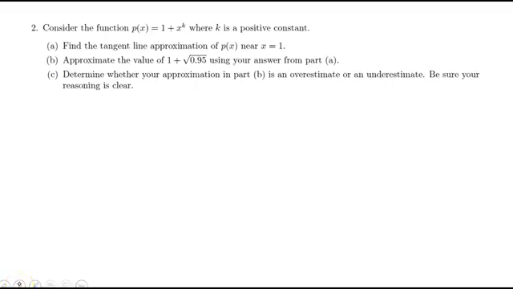Let's look at this next one. This one was a little crazy. All right. And I hope he did something like this in class, but find the tangent line approximation. So the tangent line approximation, let's go back to the basic equation. Tangent line approximation is approximately equal to f at a plus f prime at a, whatever you're doing it near, times x minus a. So they want us